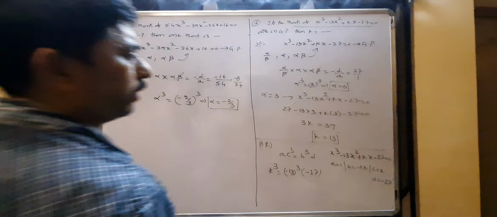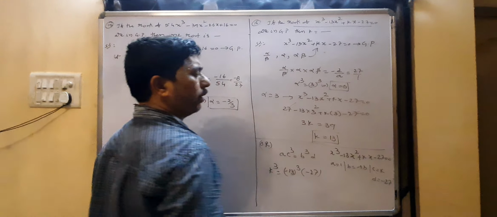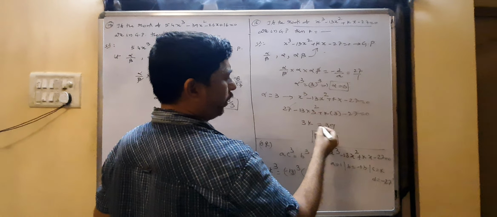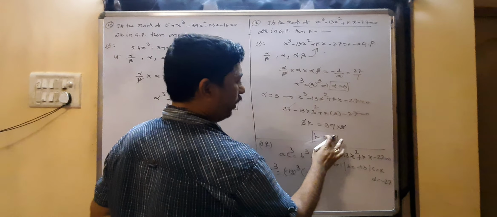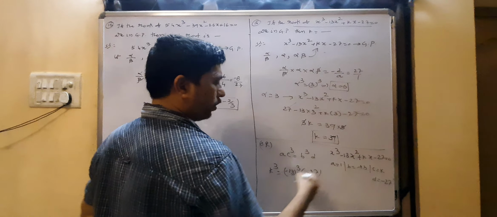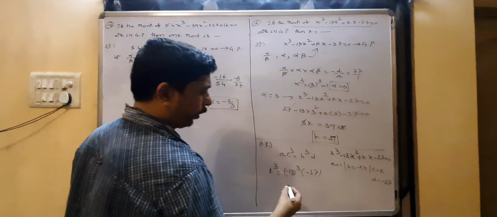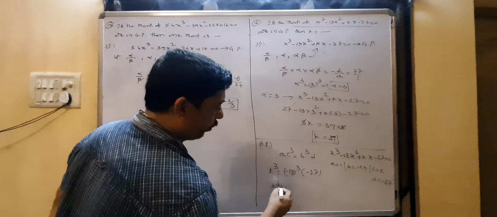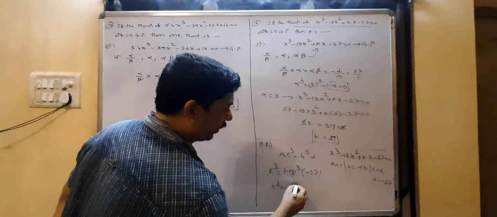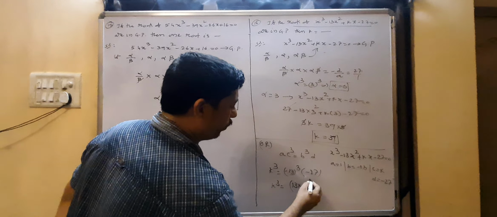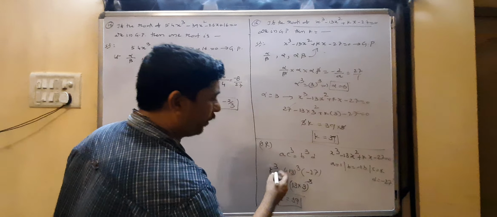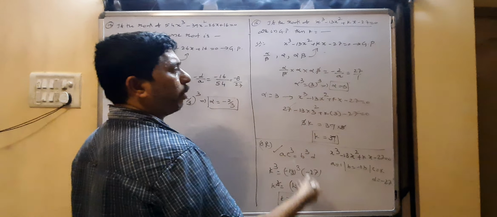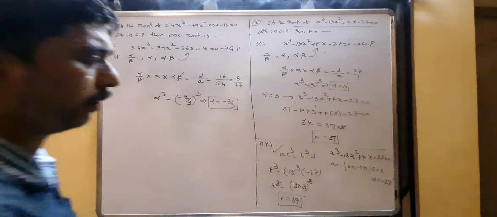In this case here, 3 square, 39 into 3, means 3 common, 3 gets cancelled, k is 39 here, the answer. So the same, here we get k cube equal to minus into minus plus 13 into 3 whole cube, cube gets cancelled, k equal to 39 is the answer. Either you can go for the formula method, or if you do not remember the formula you can go by the procedure, that is better.